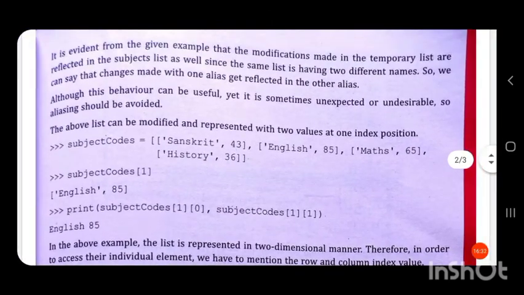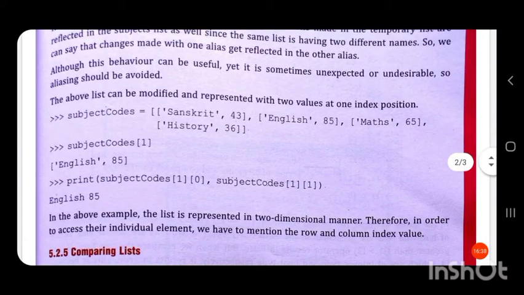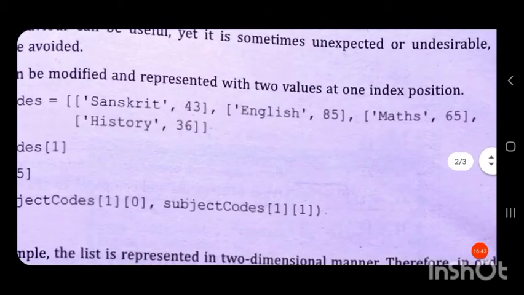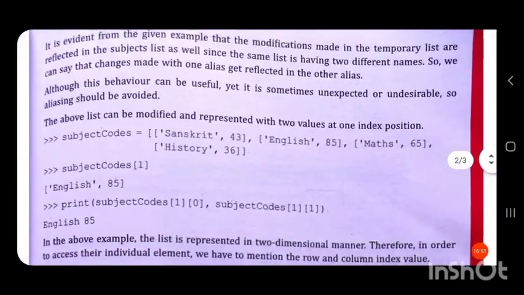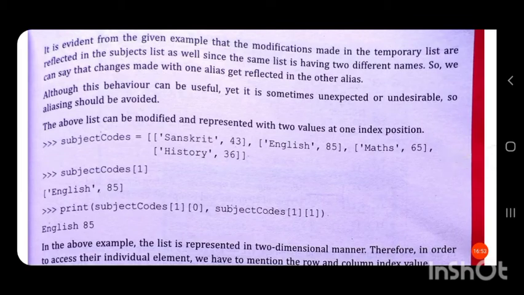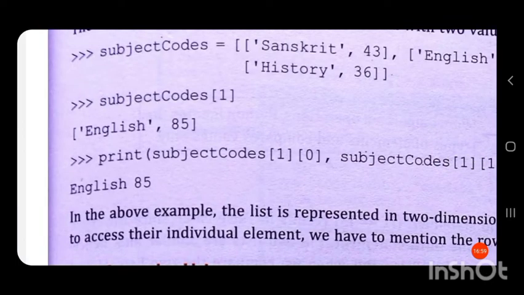Again in the print statement, subject codes [1][1], that is in row 1, English 85, the value at column 1, that is 85. So the output is obtained as English 85. This is not obtained in a list. It is just printed as a single value.